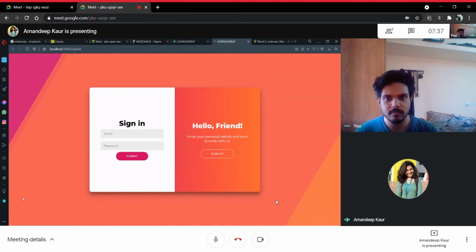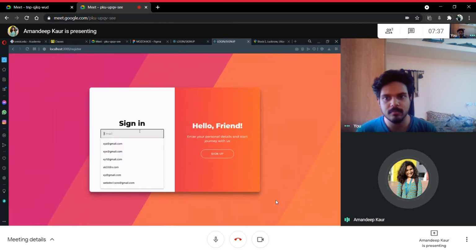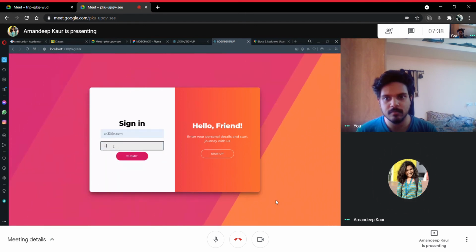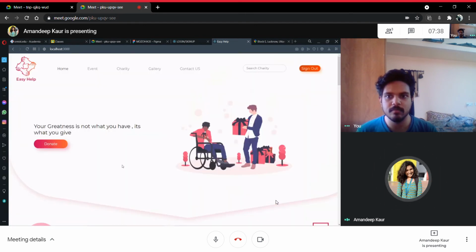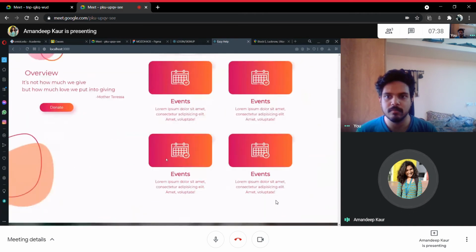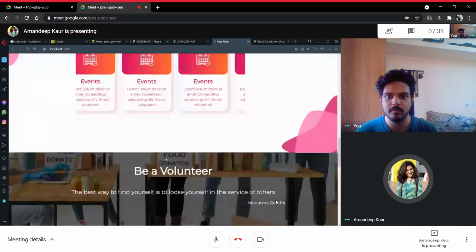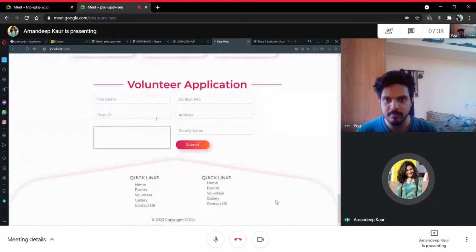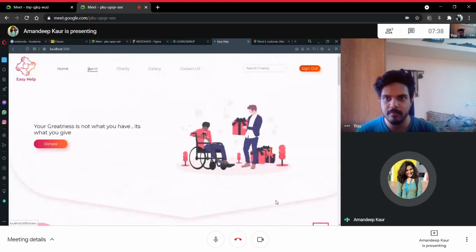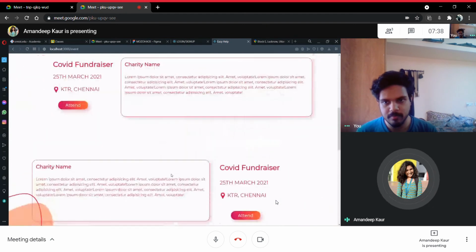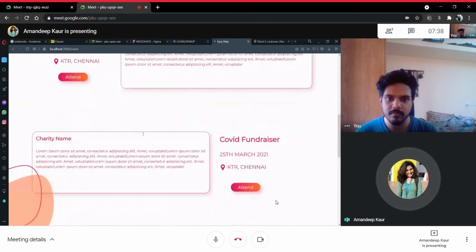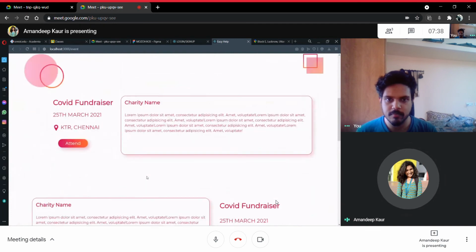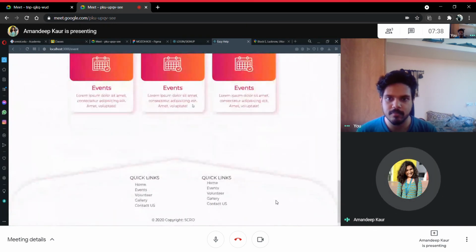Okay. So now, if a user is entering, they can come into the home page. They have this overview, with the events and nearby events. If they want to volunteer, they can go to the call to action form. And we have an events page where all the nearby events are shown. They can check and click on attend so that they can attend them, and that's all.